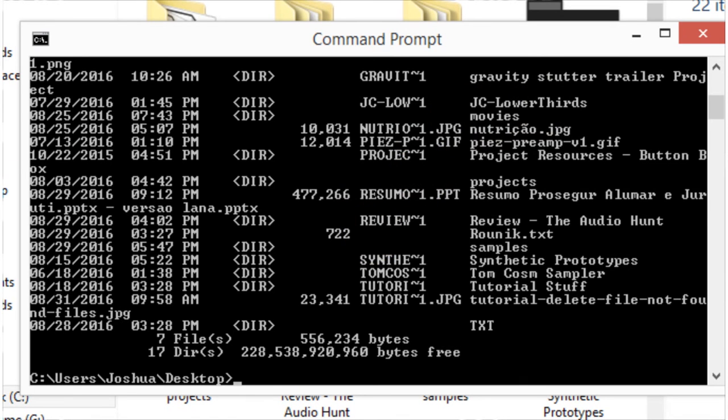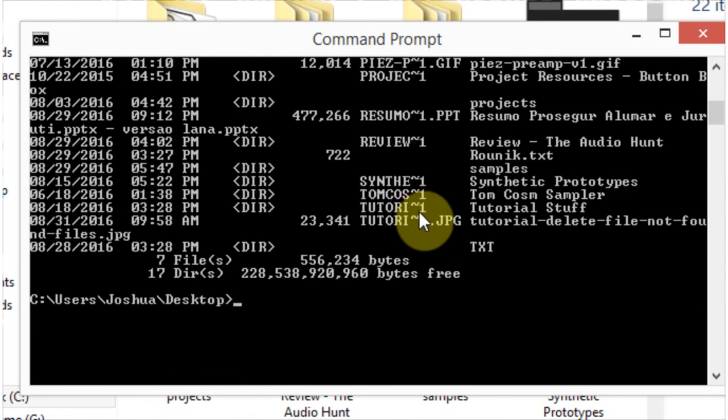And as we can see here, let's say I want to delete the tutorial stuff. So if I'm looking over here, these are the long file names. I found tutorial stuff, and then I look over here and I've got TUTORI and this little symbol, I honestly forget what that's called right now, but it's not really important. That little symbol 1. So what I'm going to do is rmdir, which means remove directory,